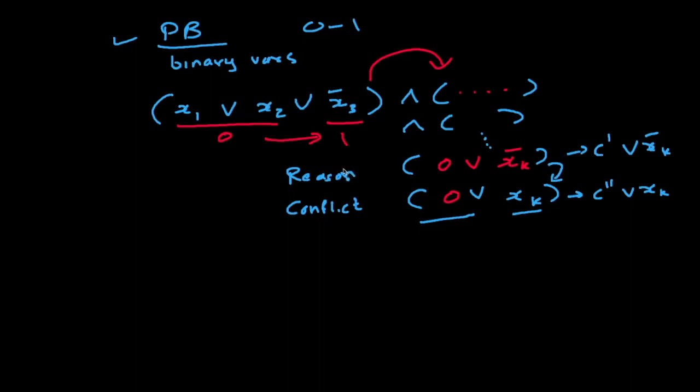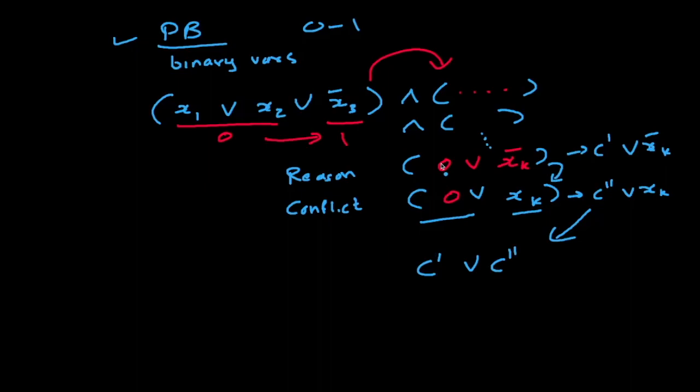Okay, so kind of like a cut, you can say, in linear programming, that would avoid exploring this search space again. Okay, so how do we resolve this? Clearly xk has to be either true or false, right? So one of those two has to be true. So in this way, by resolving these two, we can say that one of the literals in c prime has to be true, or something in c double prime has to be true,